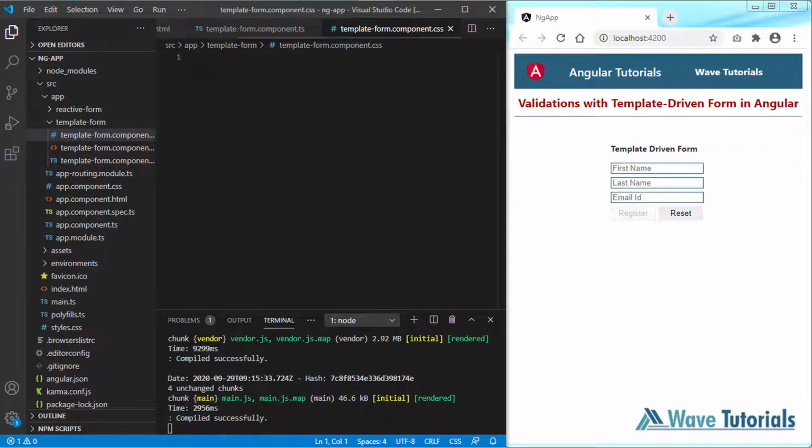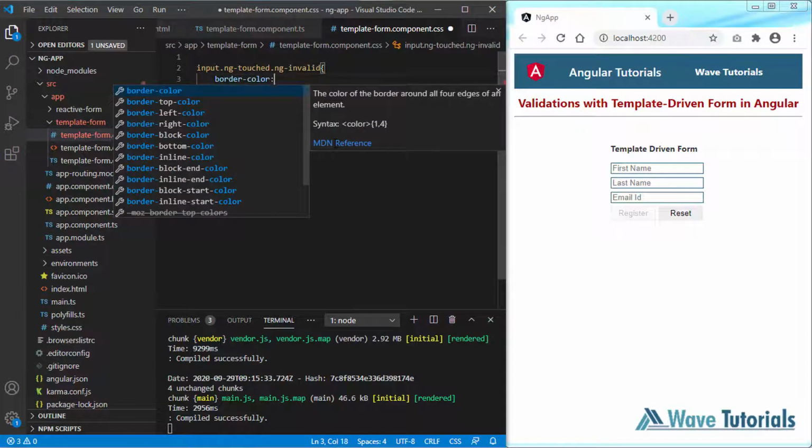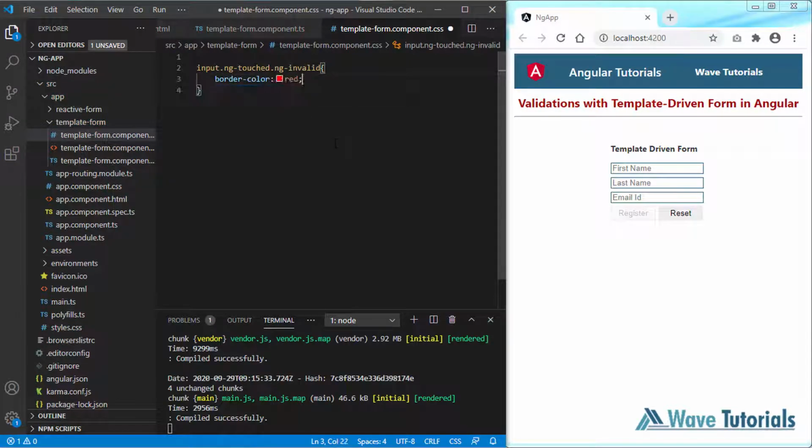And add a few validations here, like if our input box has a class ng-touched, meaning that our control has been touched and its value is still invalid, and the ng-invalid class is applied to it, then what we will do is color the border of the control red. Border color should be red. Let's save it,